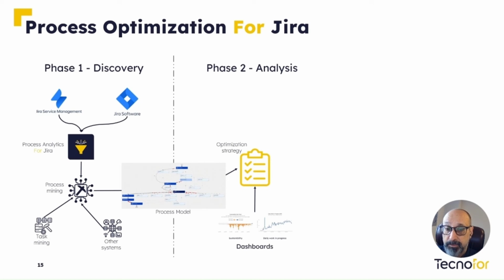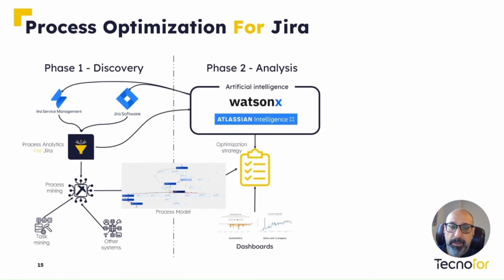So if I have the capability of tracing the information from the process between systems, I can import that information into my process model. Okay, so with this, that will basically be enough to create my optimization strategy, but we can go further. Just because we have